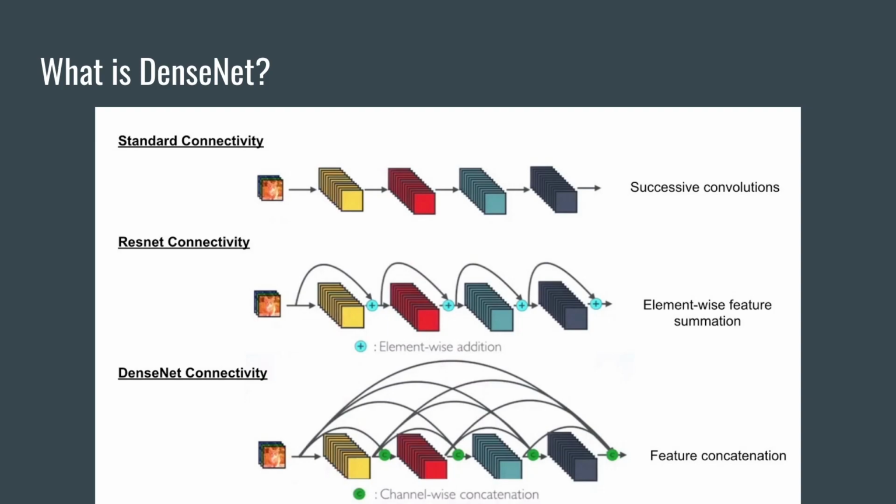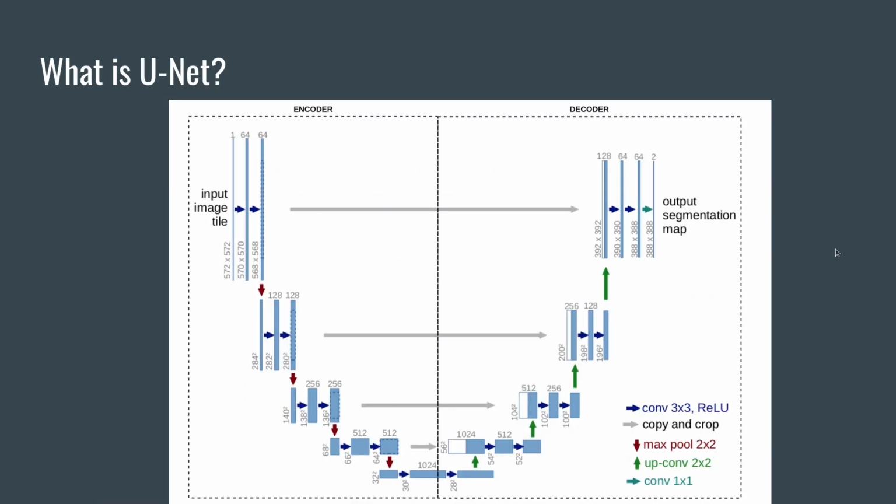Now we're going to use this DenseNet architecture in the UNet. Here you can see the original UNet architecture, which consists of an encoder, a decoder, and 4 skip connections in between them. These skip connections help to route the information from encoder to the decoder and help in better generation of the segmentation map. They also help in the back propagation, carrying the gradient forward directly to the encoder layers. So now we're going to replace this encoder part with a pre-trained DenseNet 121, which is trained on the ImageNet dataset.